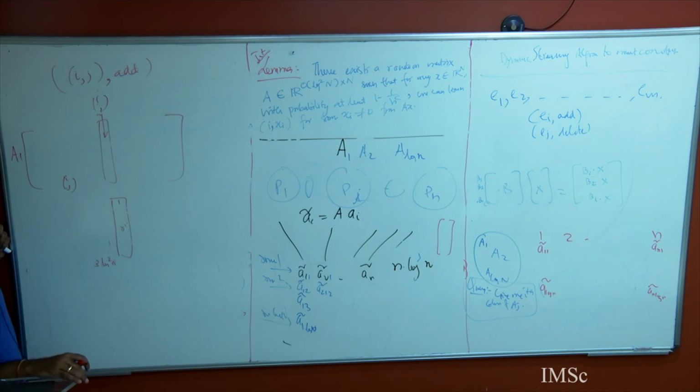So, just one question. We do not anyway have to store this A1 to A log n, right? Because when we want it, we can just generate it by creating a probe. Because we know i and j, we can just create the random column at that point of time by doing probability of 1 by 2 power i or not. At that point of time, we can just generate this column and then multiply it with i comma j, instead of storing this separately, which would create a lot of space. We'll get there.